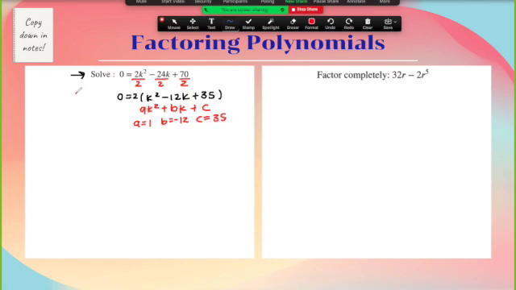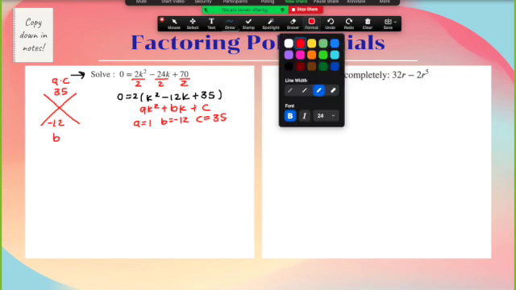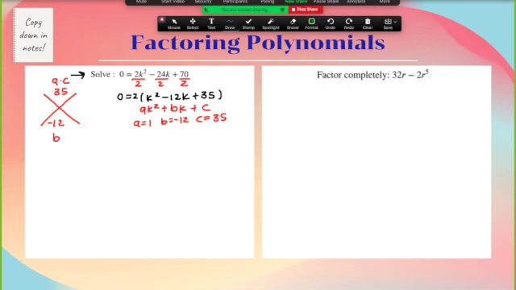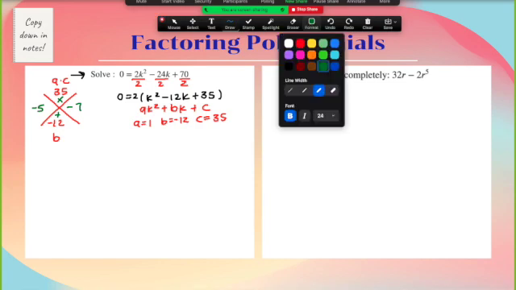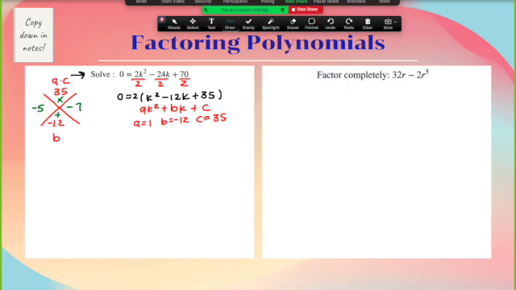So from here, I can use the x method. A times c goes on top, b goes on the bottom. A times c equals 35, b equals negative 12. A number that can multiply to get 35 but also add to get negative 12 is going to be negative 5 and negative 7. So from here, since I have my two numbers, I can create my new equation, which is